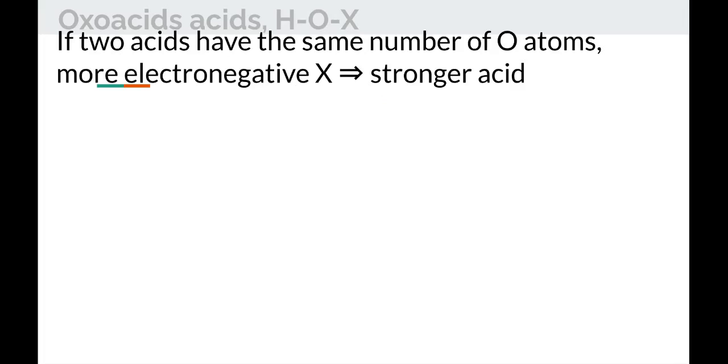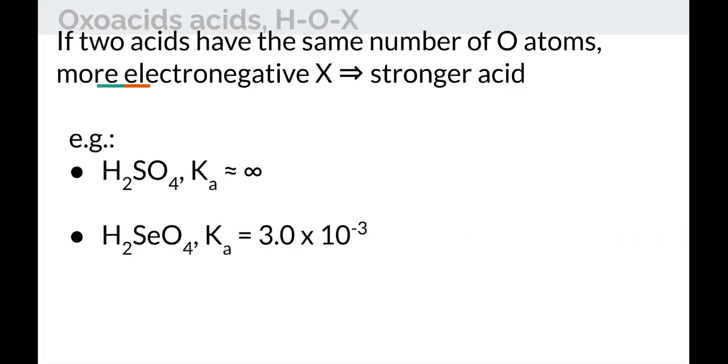The next type of acid we're going to start looking at is oxyacids or oxoacids. Oxyacids have somewhere in their structure a chain of hydrogen attached to oxygen attached to some other nonmetal. If two oxyacids have the same number of oxygen atoms, then the one that has the more electronegative X in that chain is going to be the stronger acid. Example, H2SO4 is one of our strong acids. Ka is very large. H2SeO4 has a Ka of 10 to the minus third, which is pretty large, but nowhere near as large